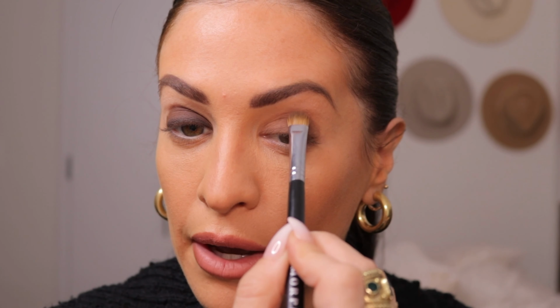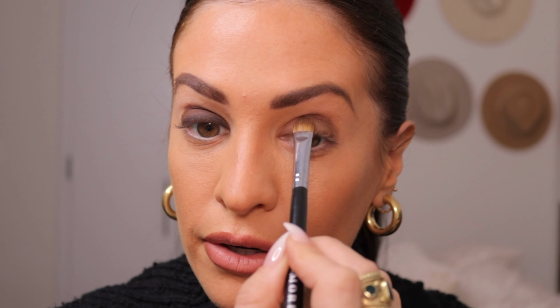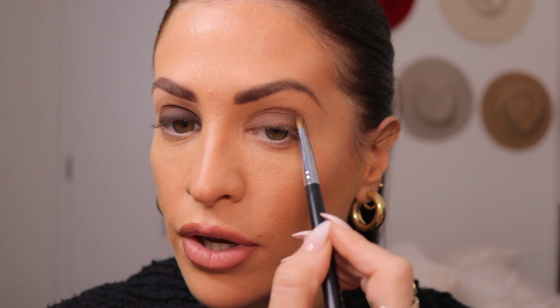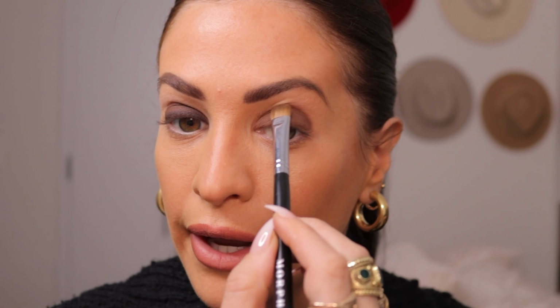So I'm taking that brown, I'm going up in the center, and then just letting the leftover product kind of trickle into the rest. I'm going into the crease and a little bit higher. I mean, these are two different eyes. This one is open, I look bright, and this one is...